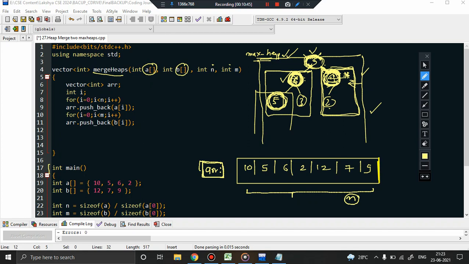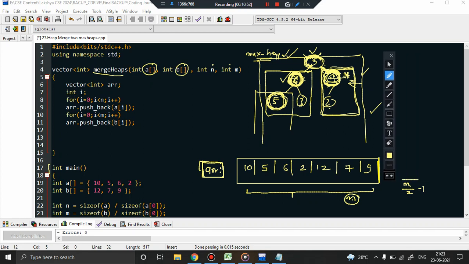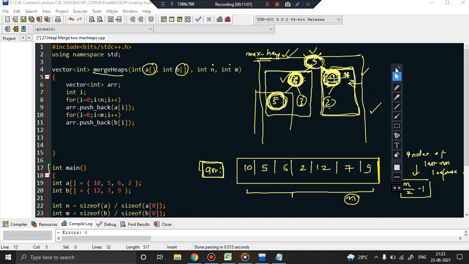If the number of elements in the array is n, then n by 2 minus 1 is nothing but the index of the last non-leaf node. So what will be the index of the last non-leaf node? It will be nothing but n by 2 minus 1.